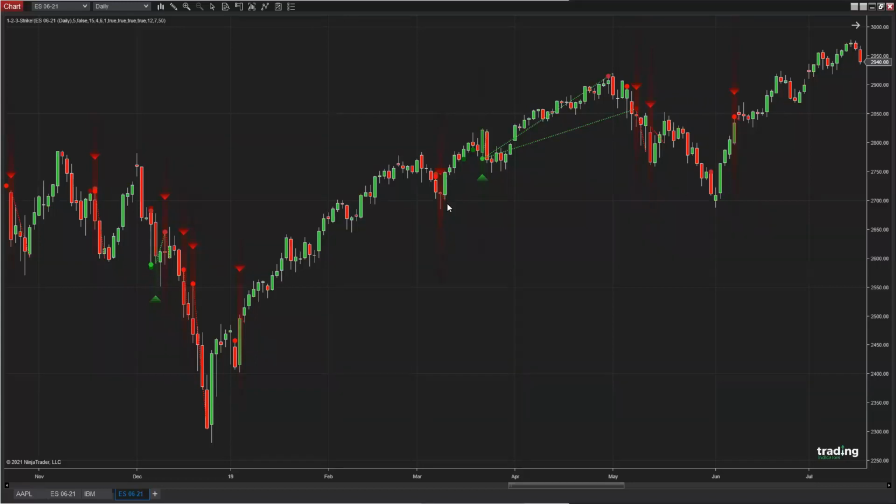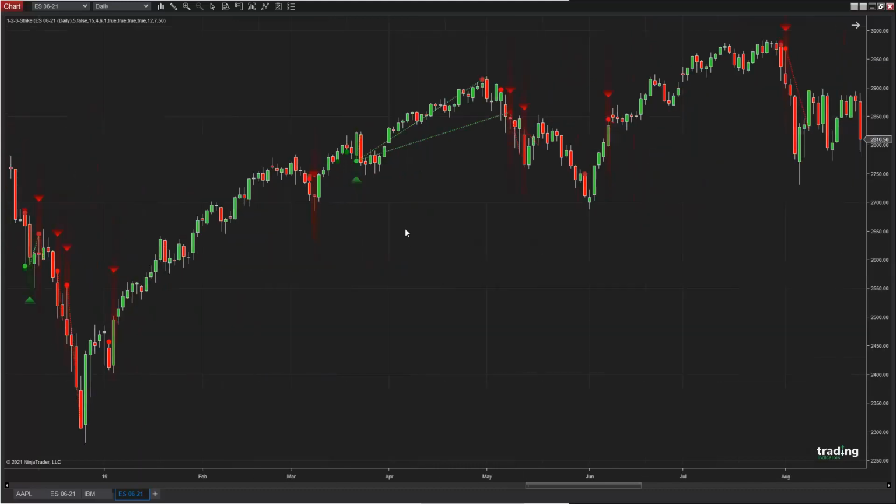Bumi is asking, can the indicator be used on Forex too? Yes. So it always depends on your configuration. In this case, I set up this indicator here using a particular set of parameters, which take into account the upside bias of stocks typically. So they tend to go up over time.